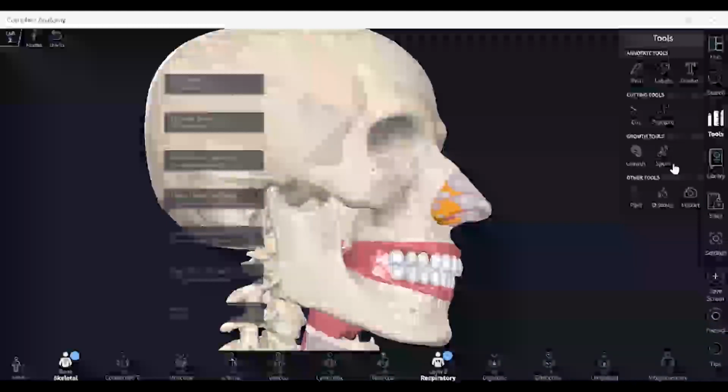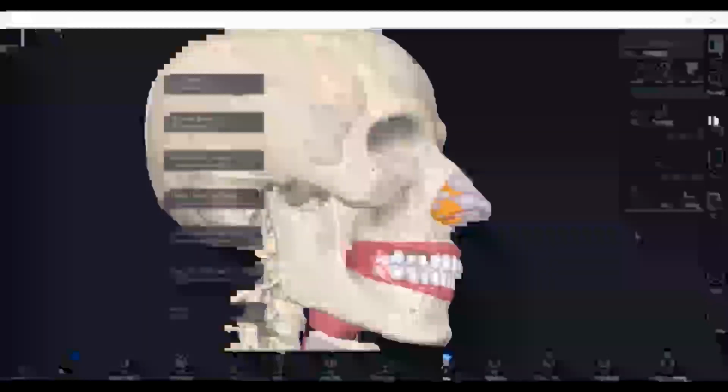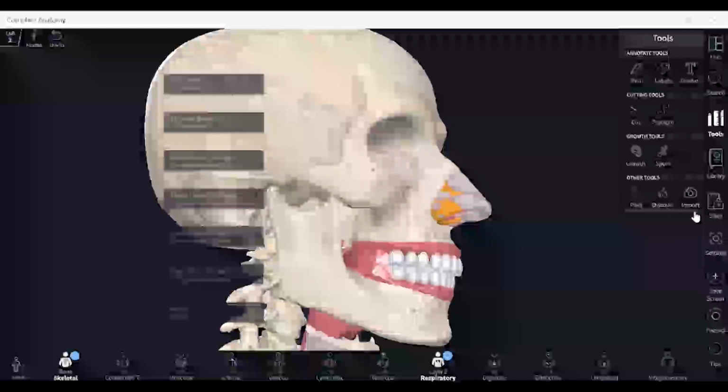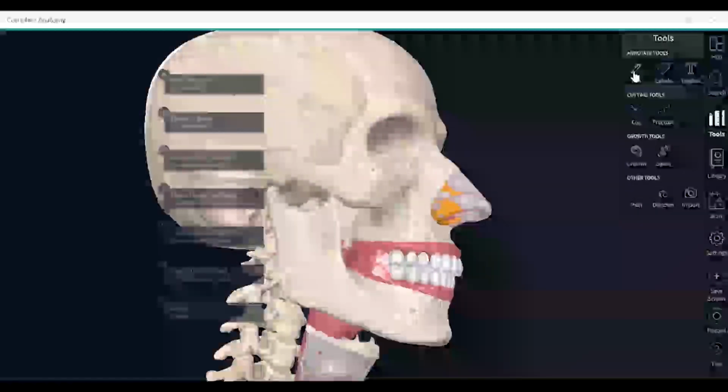If you want to add the spurs, you can add them to some joints or to the vertebra. Then there's an option to show the pain. Then there's an option to discover. So now I'll take up the pen tool.